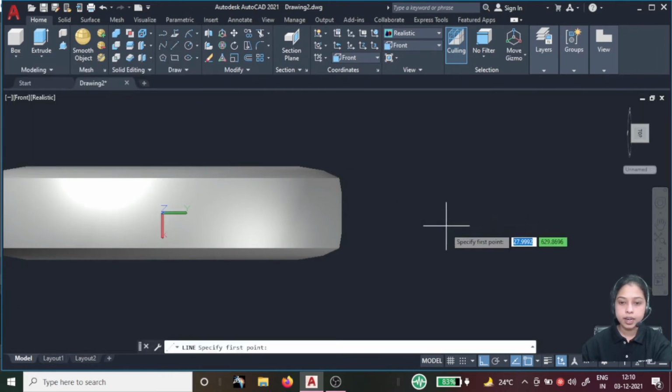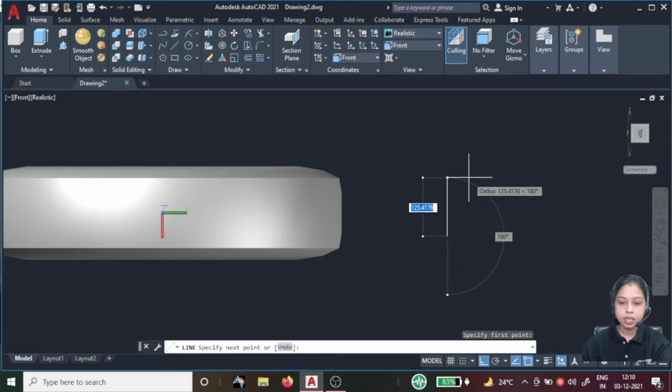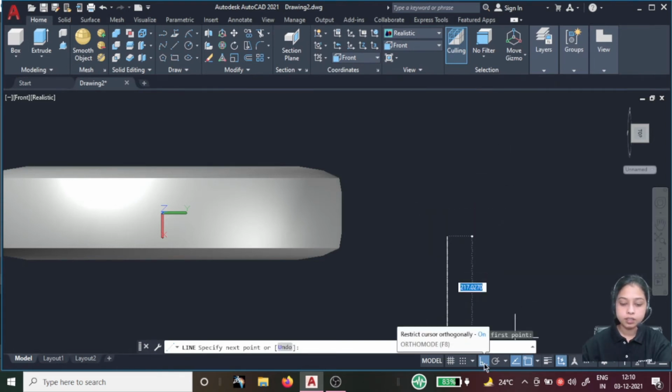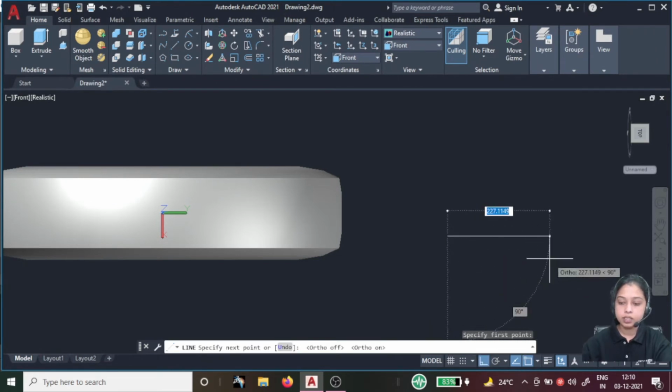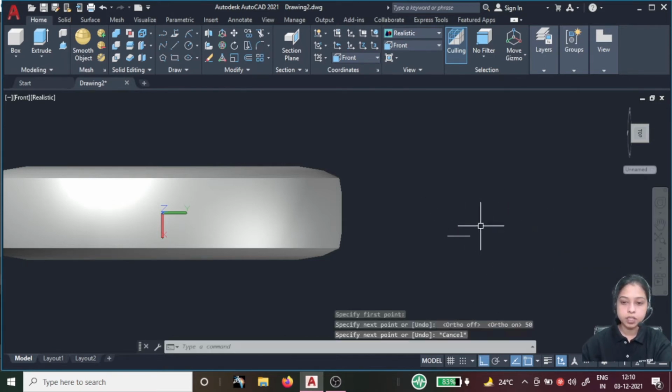Select randomly, I'm doing a line. This one I need as 50.